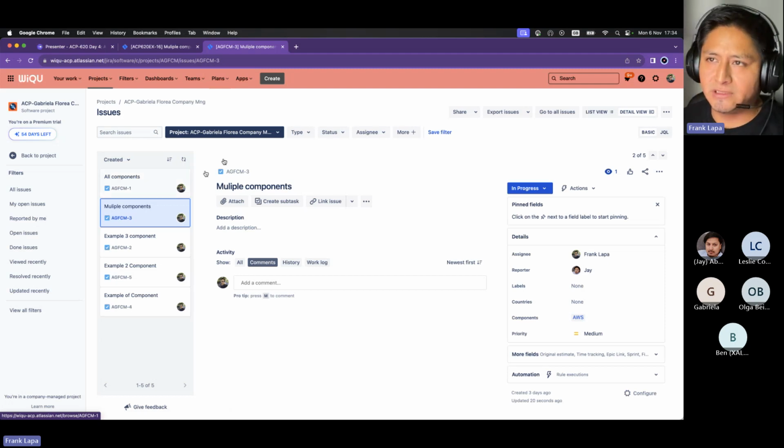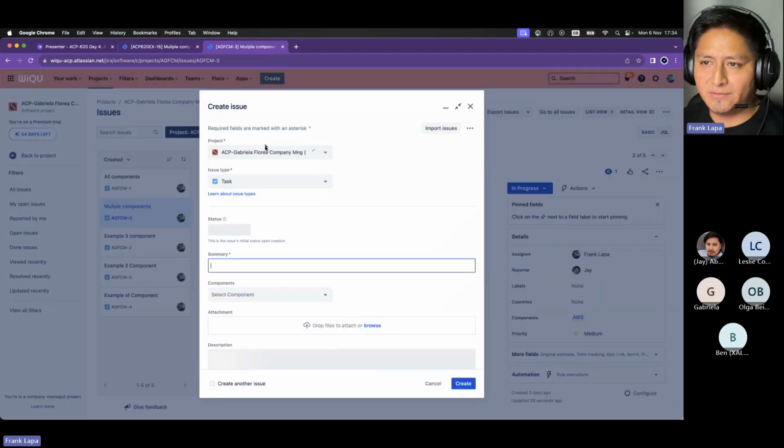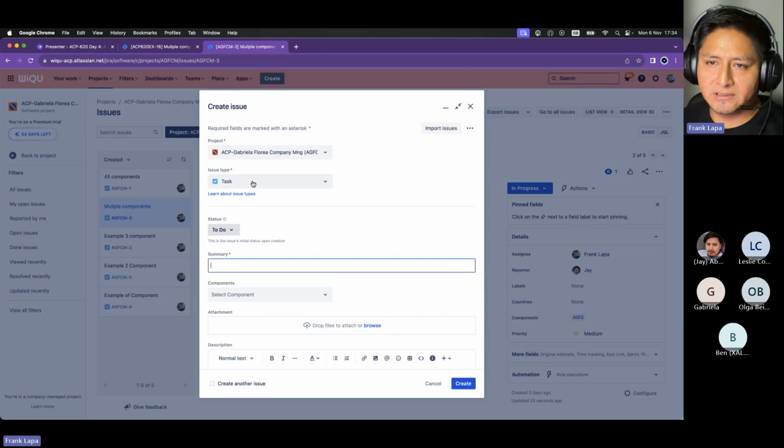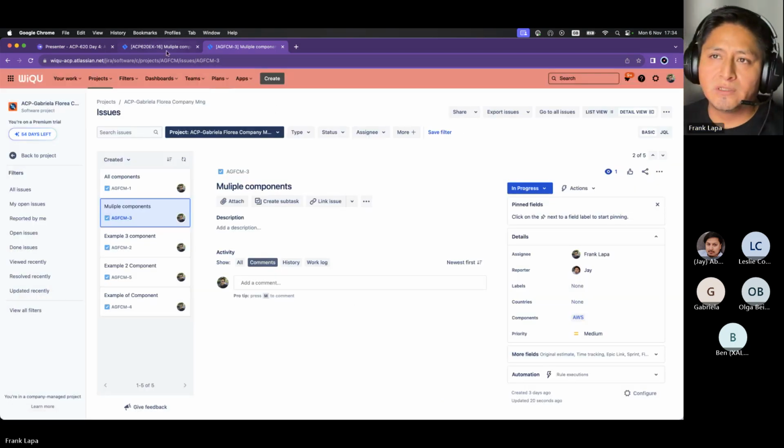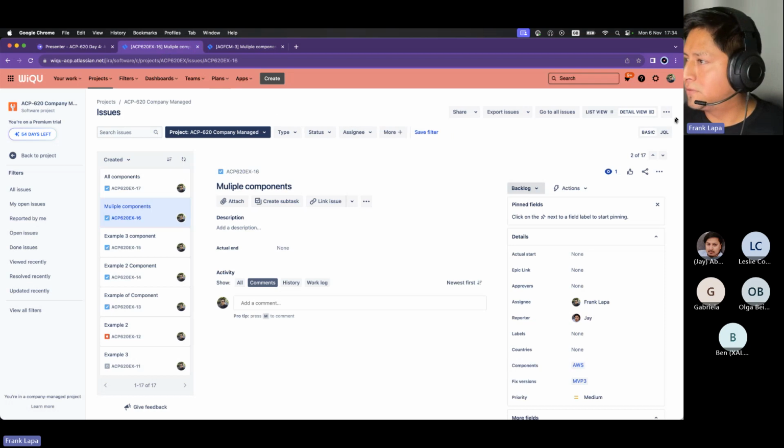The simple answer is, in order to move tickets from any project to Gabriela's project, I must have permissions to create tickets in her project. If I don't have permissions to create tickets in her project, I cannot move tickets into her project. This is also another troubleshooting question they would ask you. And let's have a look. Let's see the next